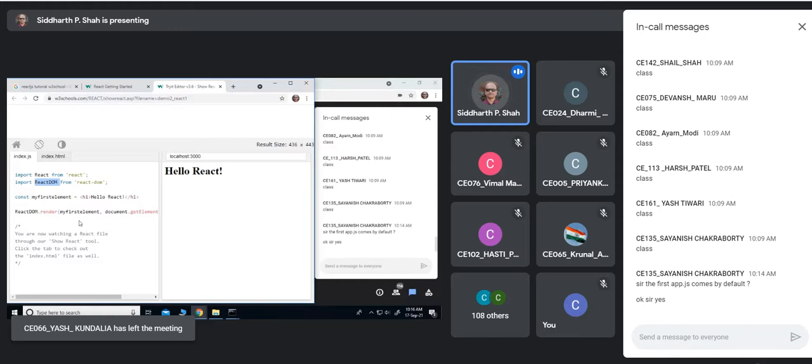So what we are doing here, we are creating one JavaScript variable. I hope you are still aware of this JavaScript syntax. My first element, which is nothing but simple HTML-like code. First thing you need to understand, by default, JavaScript doesn't support HTML code. But here you can see I am not putting those quotation marks. There are no quotes around this H1. So this is not a string.